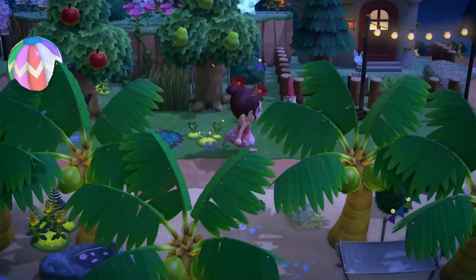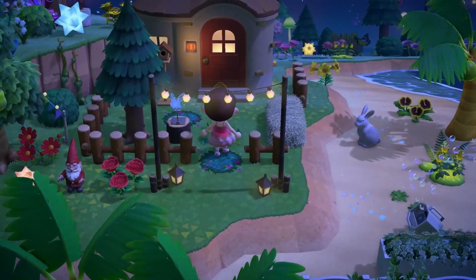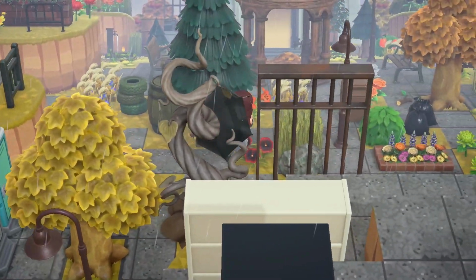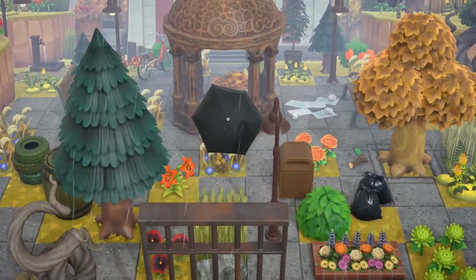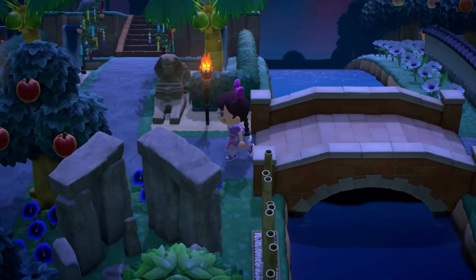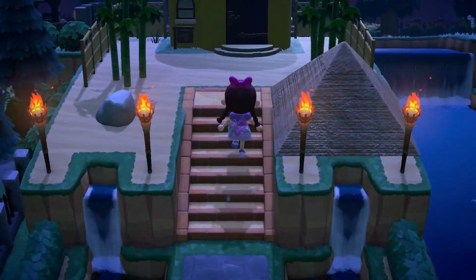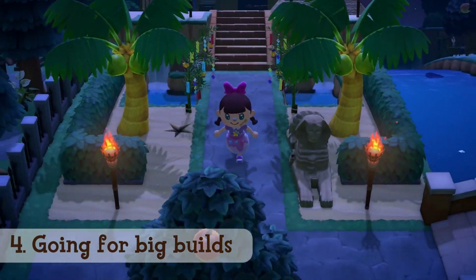Speaking of looking at inspiration for your next build, you may have found some really interesting builds that you want to try out on your own island. Maybe you've found a large museum entrance that you like, or someone has made a fake building which you want to try recreating on your own island. It's great to have these big ideas and they can motivate you to work on your island, but if you're struggling with recreating these builds, you may be making the mistake of picking something which is too big for you to work on right now.